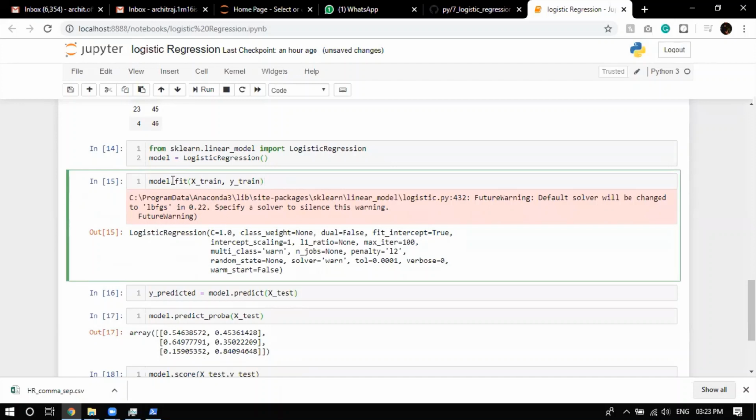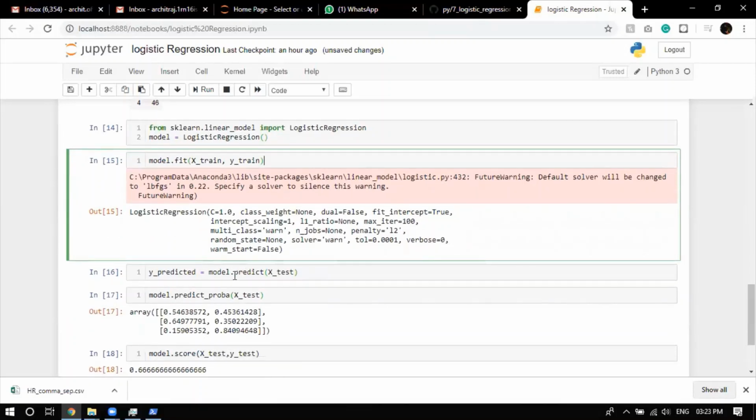Using dot fit for training and dot predict for predicting is going to be similar in all the machine learning models. Even when you go towards the last part, unsupervised learning, where you'll have k-means clustering, density based DBSCAN and everything, that time also you're going to use dot fit and dot predict only. So remember this: dot fit for training the data, dot predict for testing on the test data. What we did was give the training input and the training output, the answers, the independent and dependent variables.